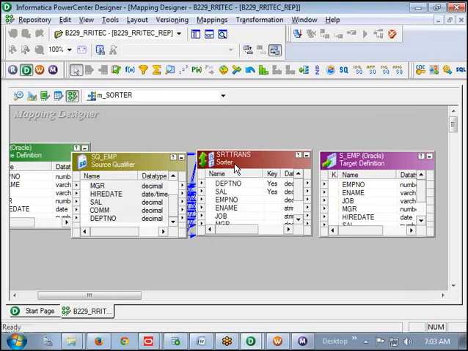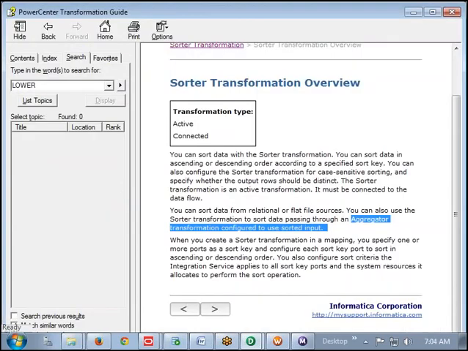The sorter is always used before an aggregator or before a joiner; then processing will be very fast. When you create a sorter transformation mapping, you specify one or more ports as sort keys, and configure each sort key port to sort in ascending or descending order.